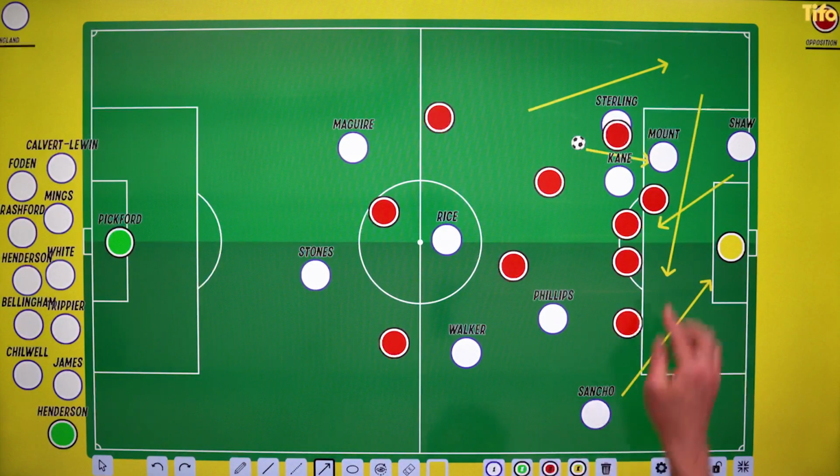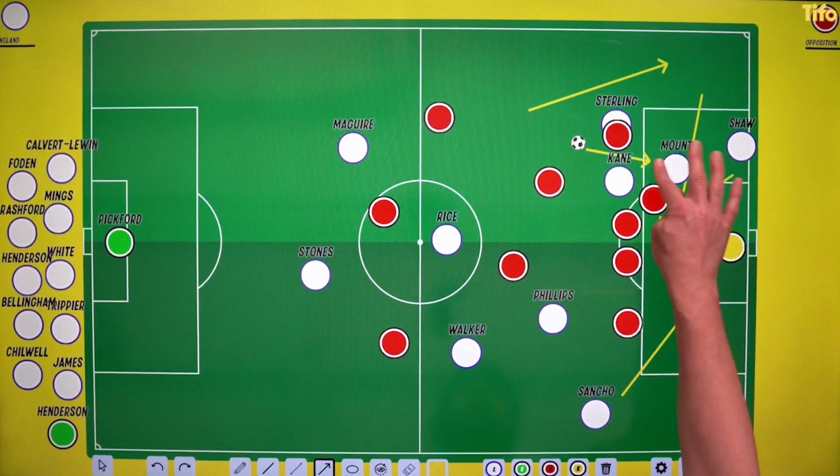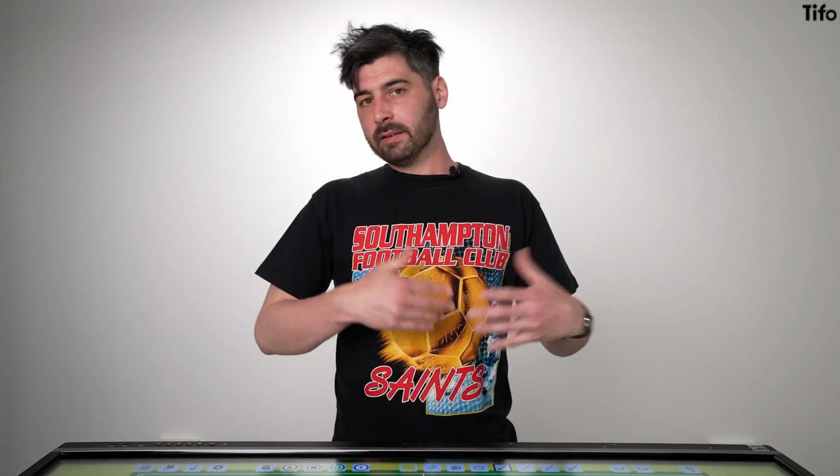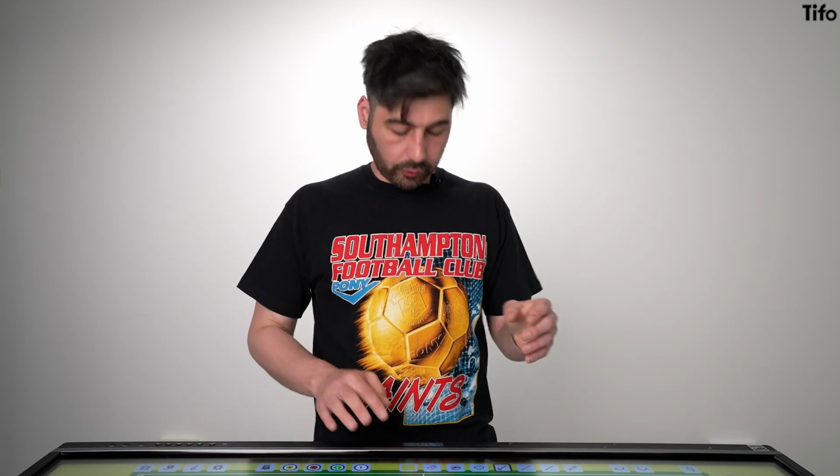And we've seen that Mount is really, really dangerous when he gets the ball in this sort of area. There was the deflected goal against Belgium, which came from this sort of position. He's scored a number of goals for England from exactly here. So it's very understandable why England overload this left side, because it's full of good players that can all swap around and do different things.